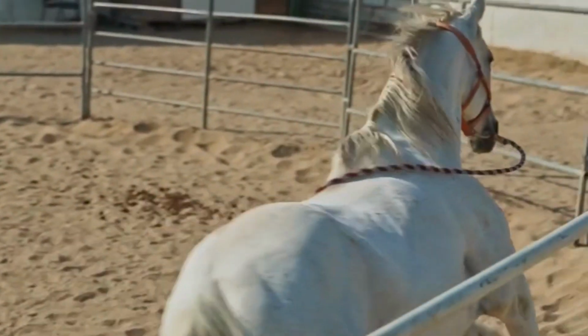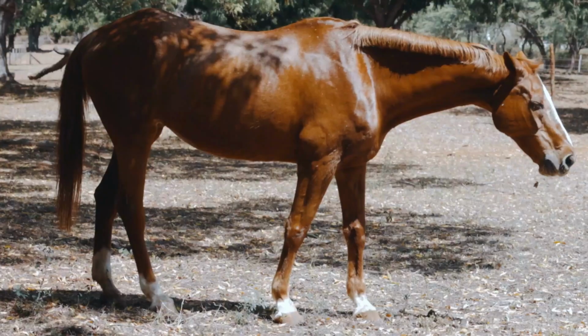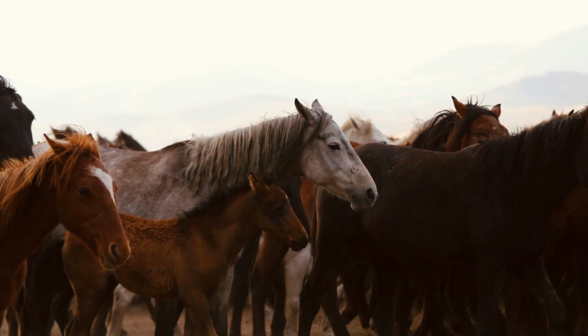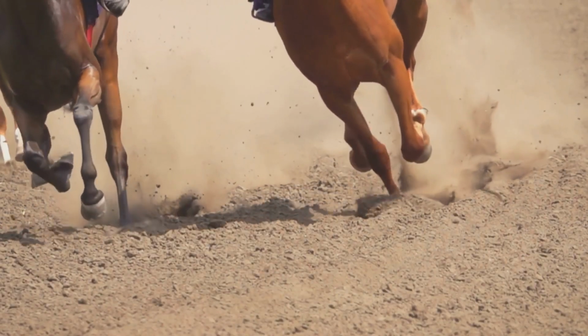Their spirit, or mettle, is famous. They are spirited and sensitive, but also incredibly loyal and people-oriented. The Arabian bloodline has been used to refine and improve nearly every light horse breed in the world, including many on this very list. Galloping into the number 2 spot is a breed synonymous with speed, power, and the most